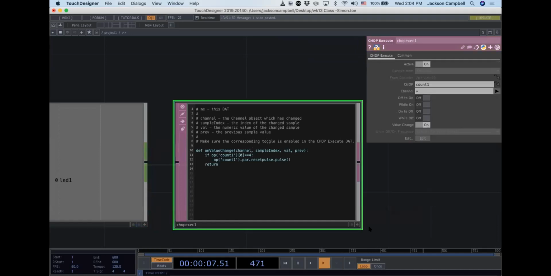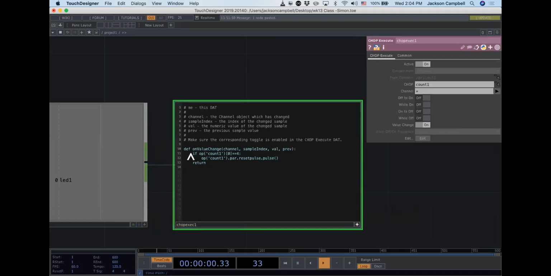So we're actually going to do this for last. We want to do putting the values in the table before this. We're going to use another if statement, because we don't want to do it when the value is 0. We want to do it when the value is 1. So we're going to say if op('count1')['chan0'] is greater than 0, meaning it's 1 or 2 or 3, colon, new line, tab in, then